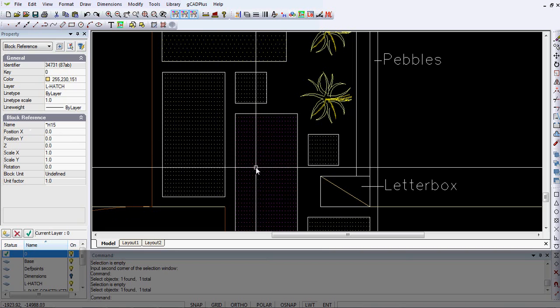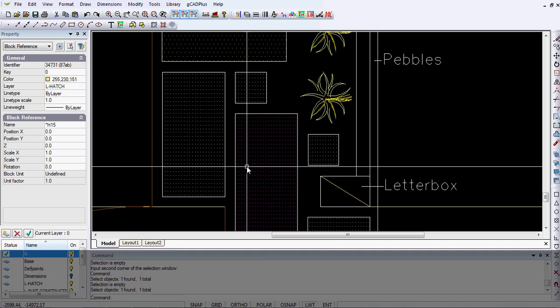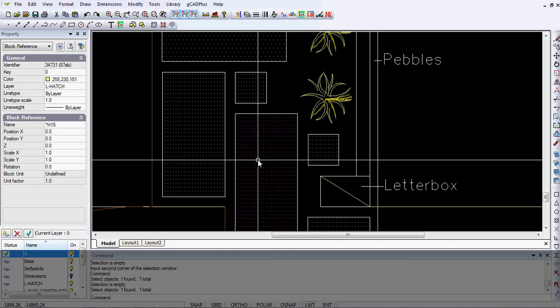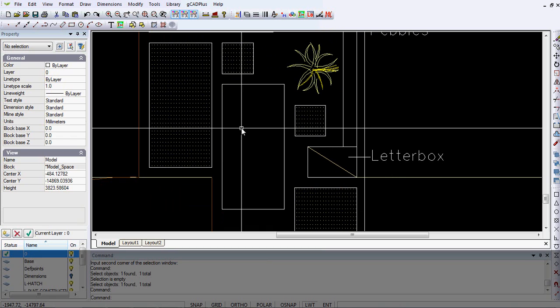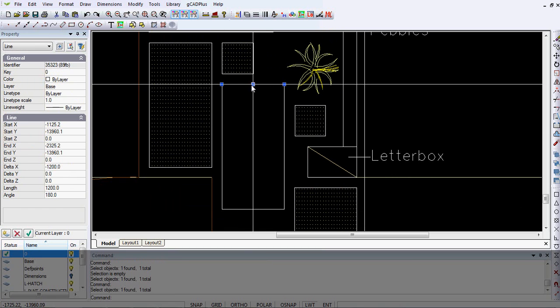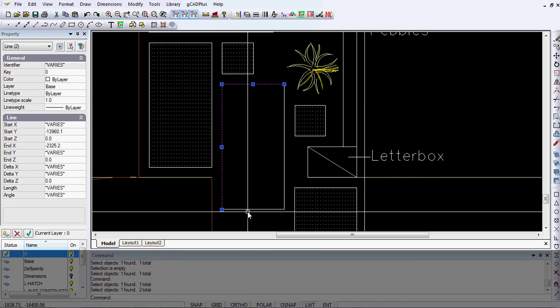Now, that's not a named hatch pattern within that block. It's just a block, and what we'd like to do is to have a proper hatch pattern on that space. So we'll delete that hatch pattern. We'll delete that block. Now we have a zone that we need to hatch, so I can just select the